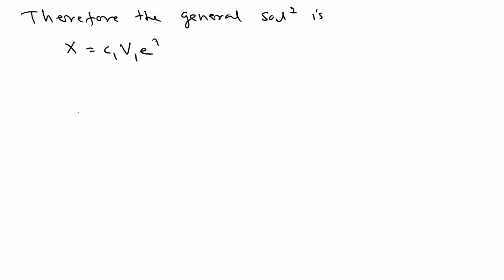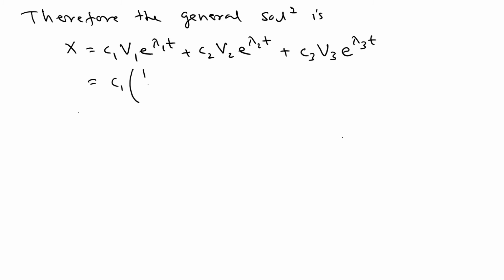So therefore the general solution is x equals c1 v1 e^(lambda 1 t) plus c2 v2 e^(lambda 2 t) plus c3 v3 e^(lambda 3 t). So if you plug in, you're going to get c1 times the first eigenvector, which is 1, 0, 1,